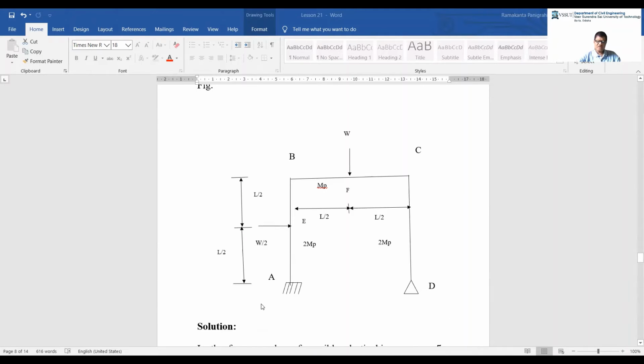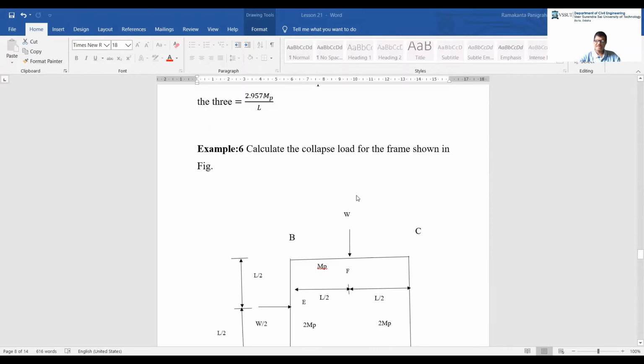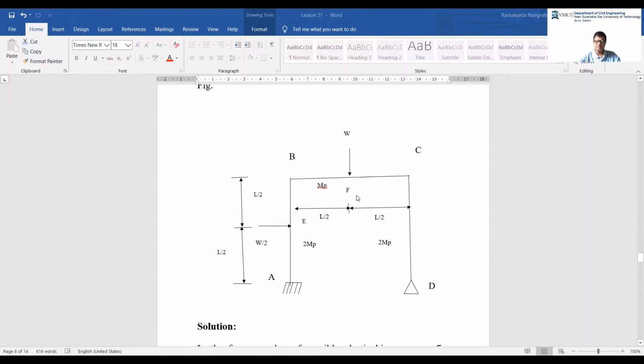Now see another example, example 6. What happens here, you see, here the load is not at the joint. The load is somewhere in the column. In earlier problems, we have seen the load is given at the joint in the panel mechanisms. In the sway mechanism, now it is given. Similarly, here we will find out the hinge, right? Hinge means 2. This is 3. So 3 plus 2, 5.